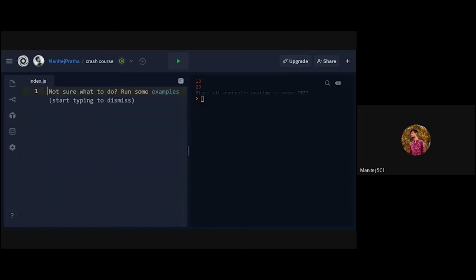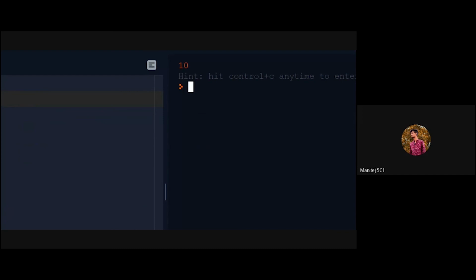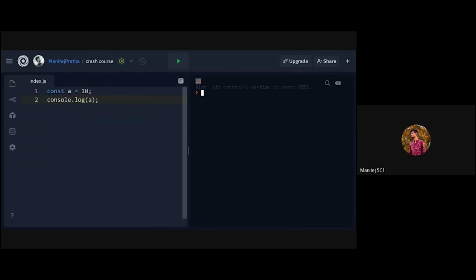But take an example of creating a variable with const. To create a constant variable, we need to use const a equals 10, then console.log a, and that's it. As you can see, the result isn't changed. Now a is also a variable, but we used const instead of let. So what is the change basically? Now let's do what we did in the previous part. a equals 20, console.log a. Now let's see what will happen.